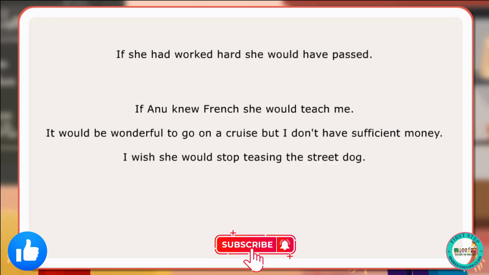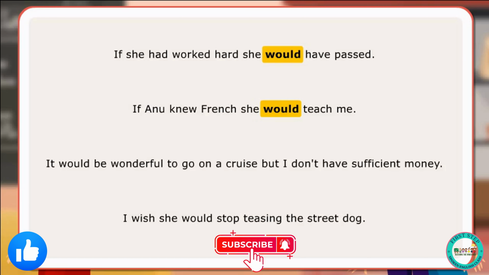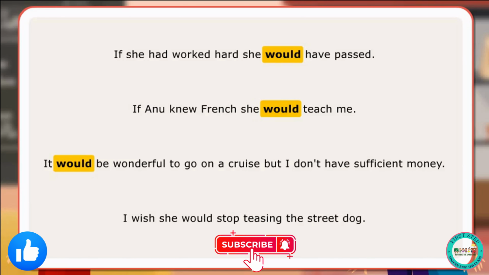In the first sentence, would has been used with have in the main clause of a conditional sentence about the past. In the second sentence, would has been used in the main clause of a conditional sentence regarding the present. In the third sentence, would has been used for an imaginary situation. In the last sentence, "I wish would" has been